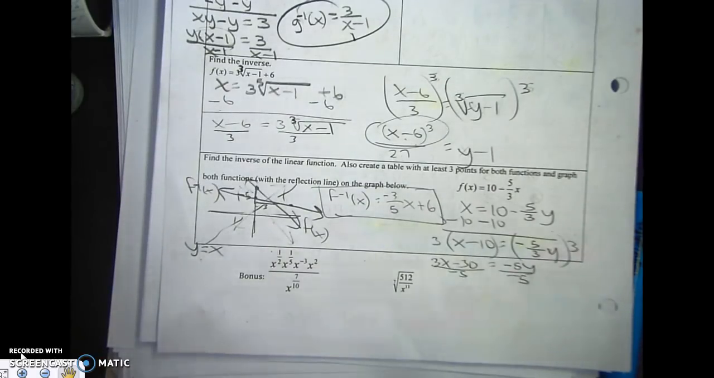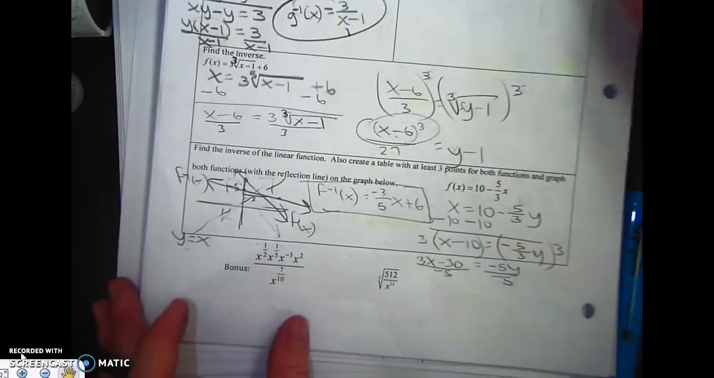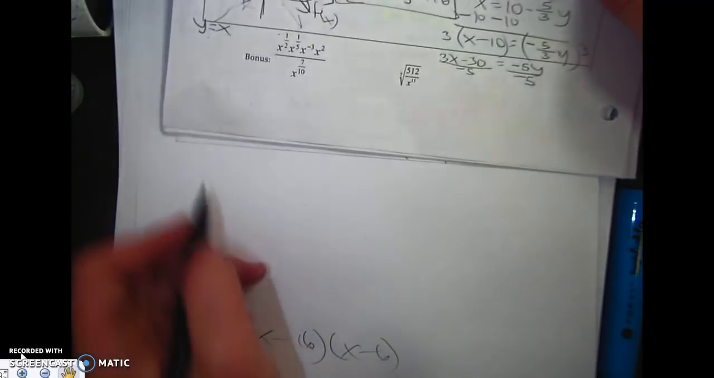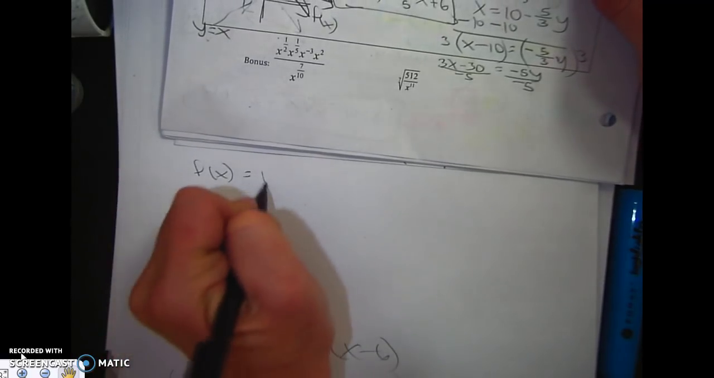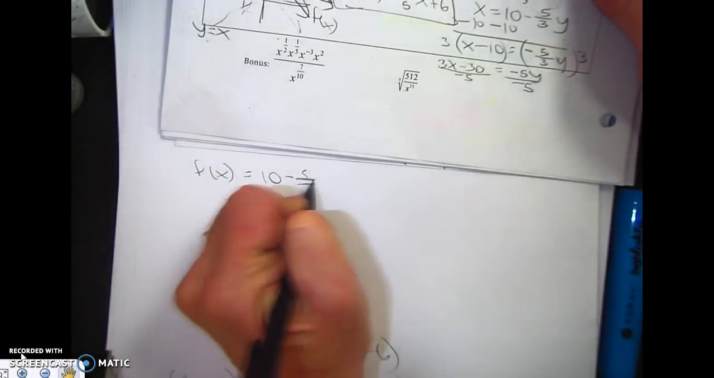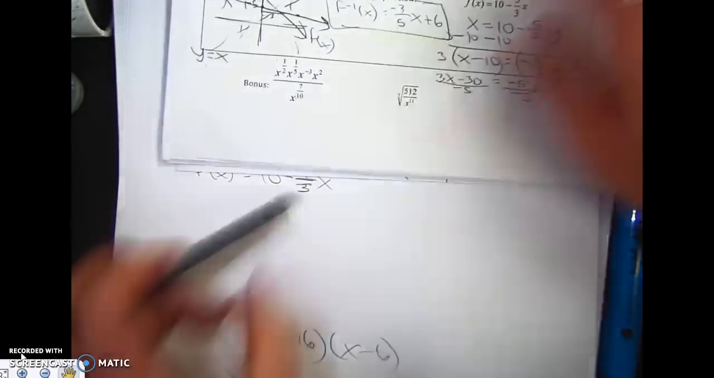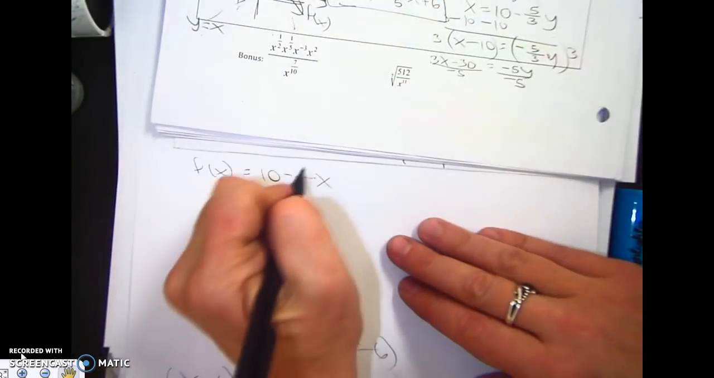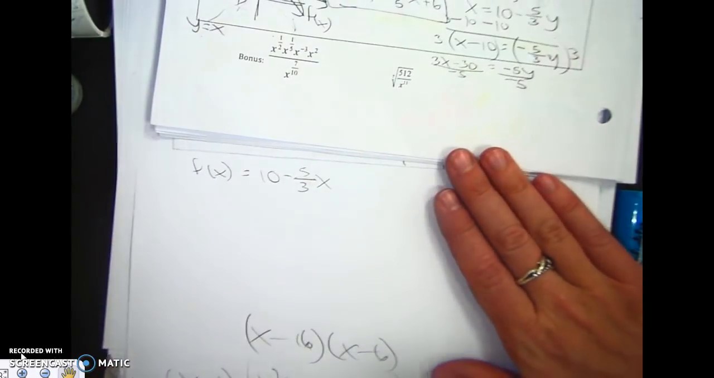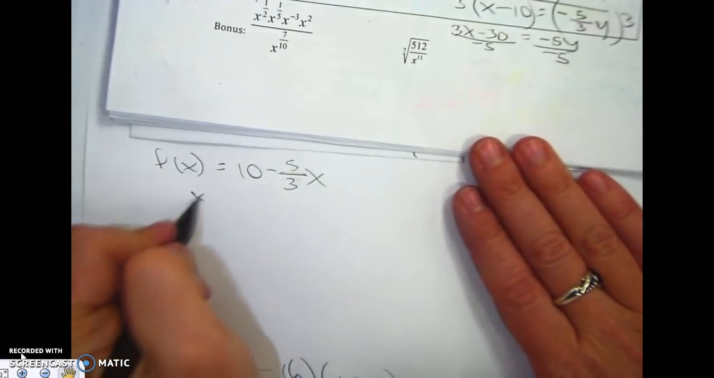I guess I wanted a table with at least 3 points for both functions. This is a good workout. So if I'm going to do that, let me do that right here. So for f of x equals 10 minus 5 thirds x, what I'm going to focus on when I'm doing a table is what the denominator is, so that